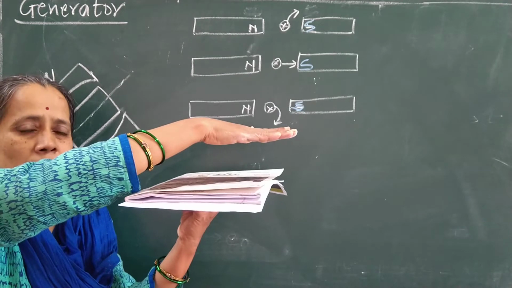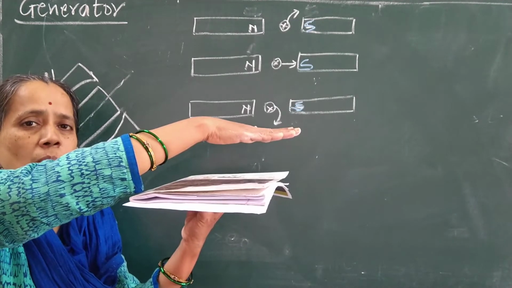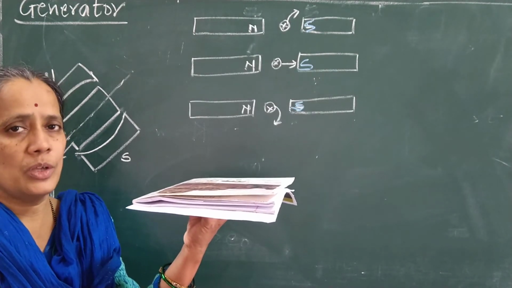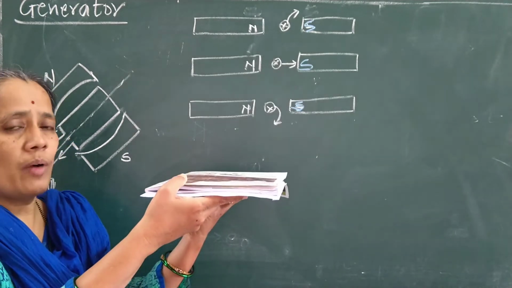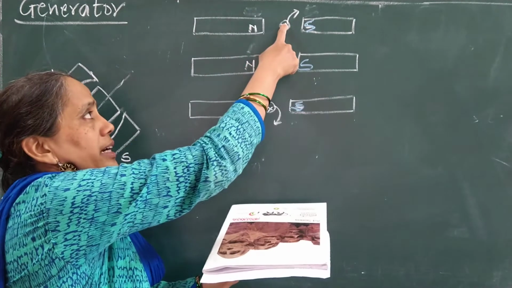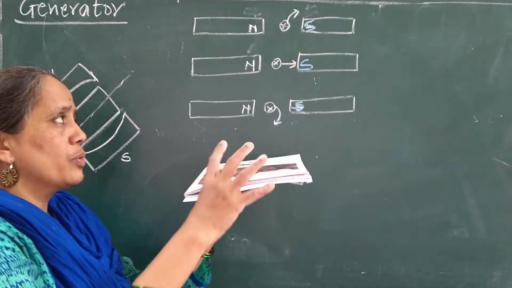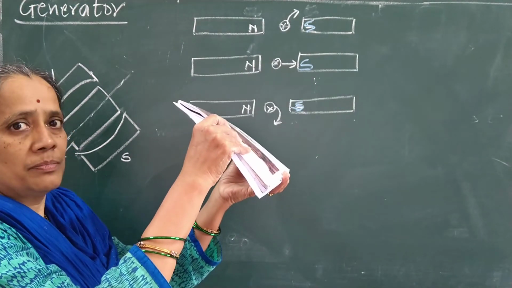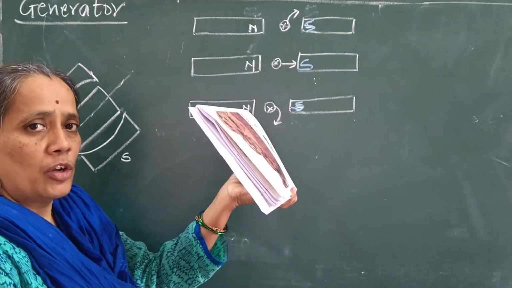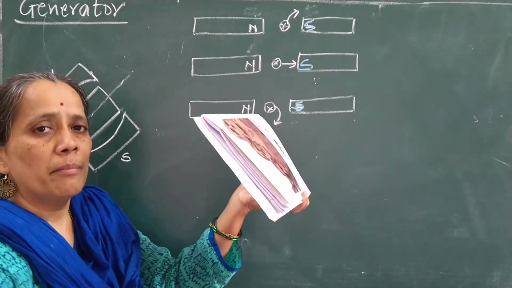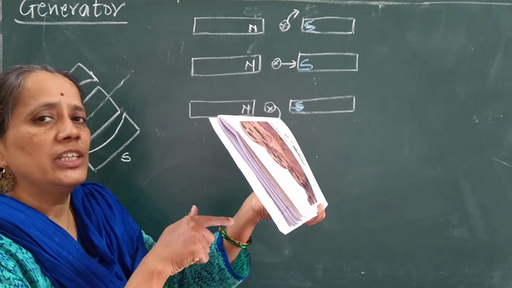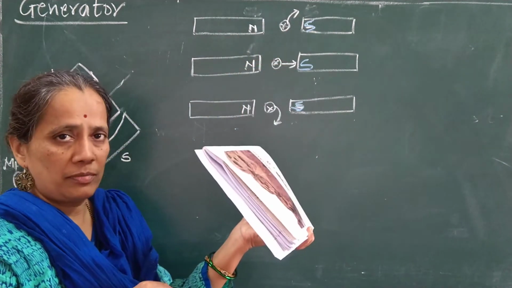So the coil is steady, the magnetic field is uniform, which means there is no change in magnetic flux. No change in magnetic flux means what? EMF induced is 0. But now when this coil starts rotating in the upward direction like this, the perpendicular component of the area vector will make a certain angle with the magnetic field. Which means there is a change in magnetic flux. And due to that change in magnetic flux, there will be induced EMF.